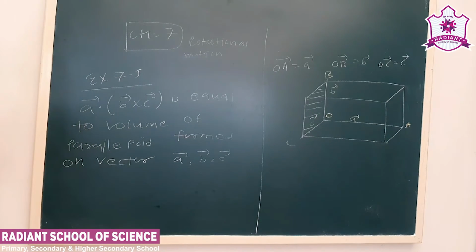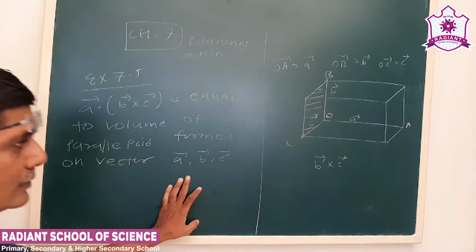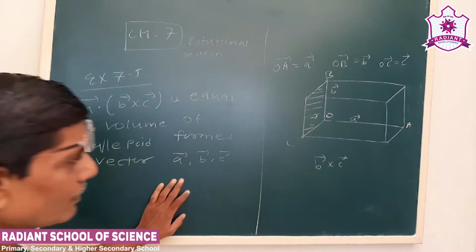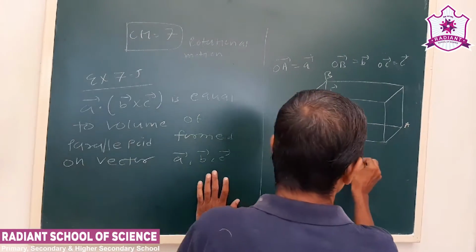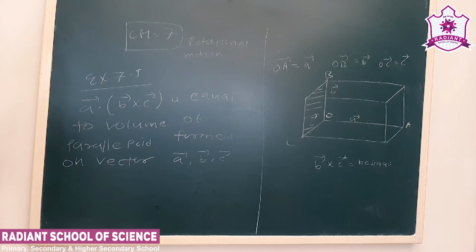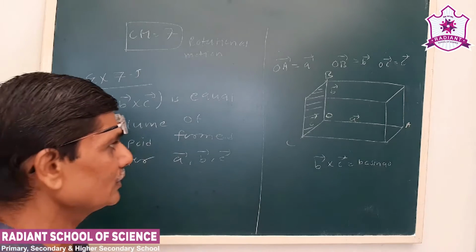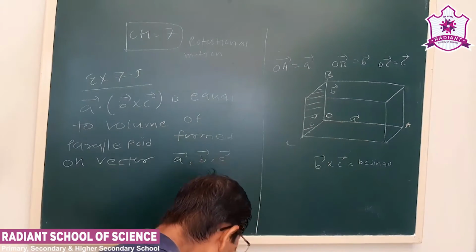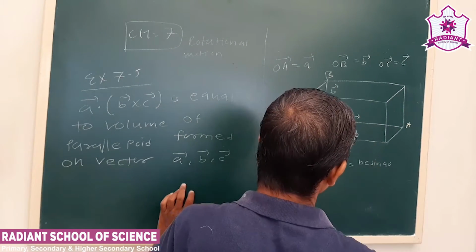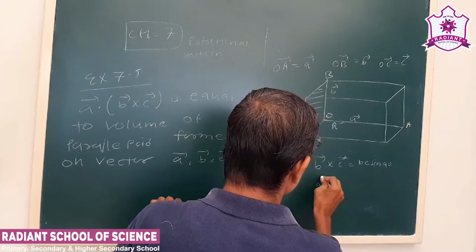Now see, recall the property of the vector product. Now let us say B cross C, the resultant of the vector product of B and C. Now we see that B and C are perpendicular to each other, so it will be BC sin 90, and the resultant of this will be perpendicular to the plane formed by the vectors B and C. So OA is a direction which is perpendicular to the plane formed by the vectors B and C, and n caret is a unit vector in this direction. So this will give us the value of B cross C.